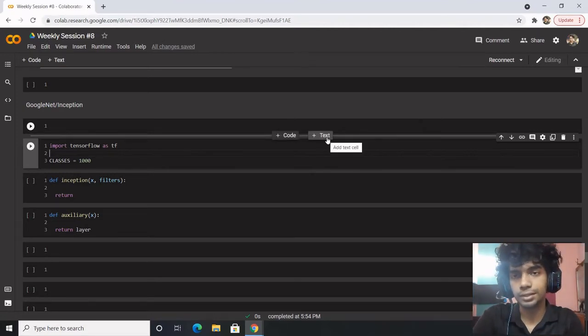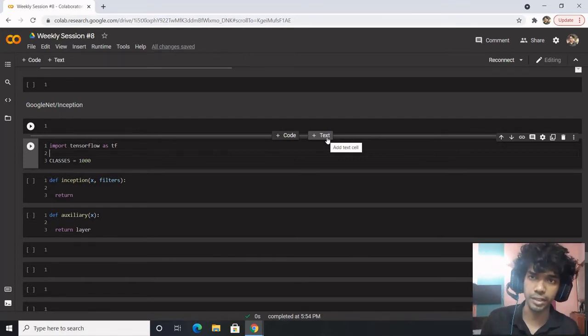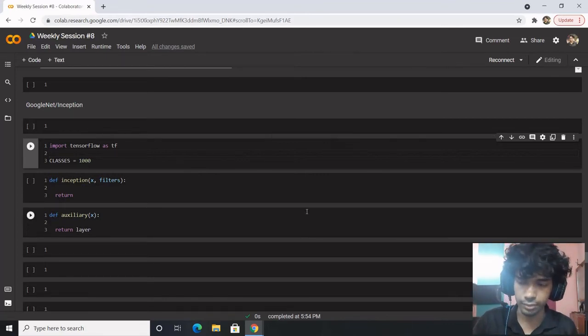So this will be the last topic of the day, and we'll be discussing GoogleNet or Inception network. This particular network is way more advanced and way more difficult compared to VGG19 or VGG16. This network will have multiple branches coming through and concatenating and merging at one point, then spreading out, again merging, and a different branch for prediction. So this would be an interesting architecture to implement.